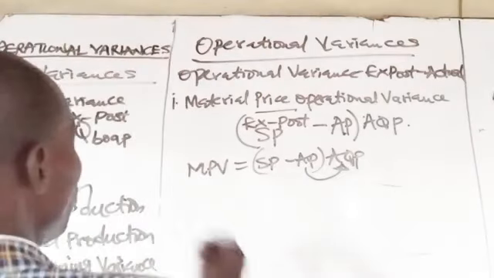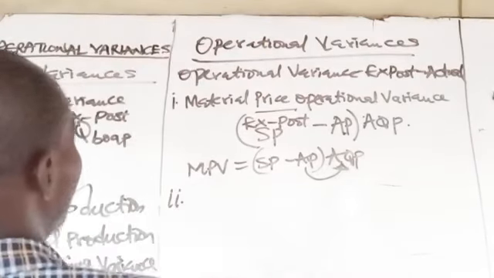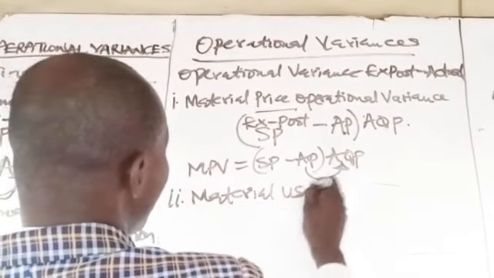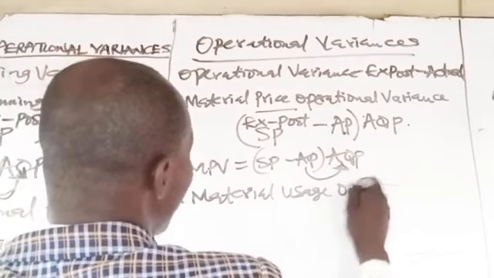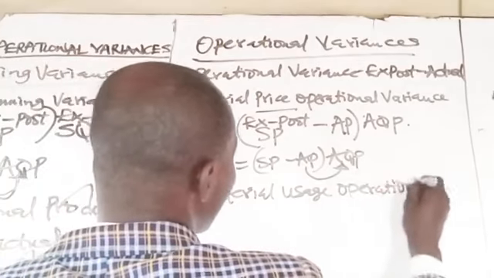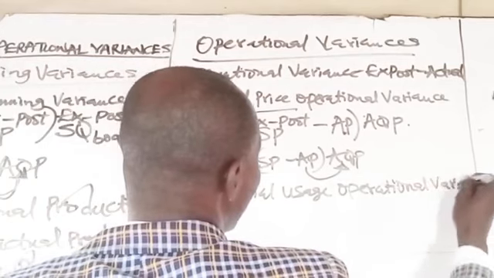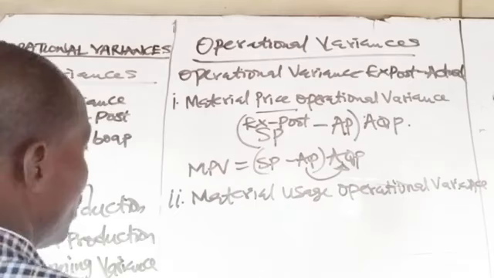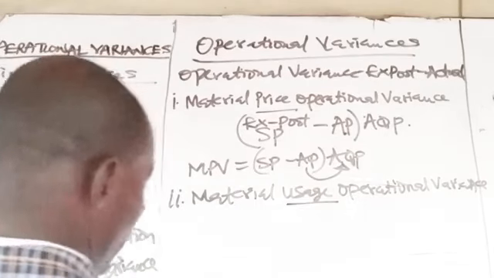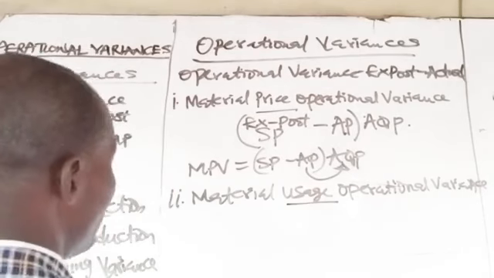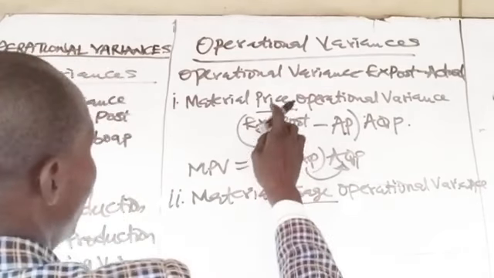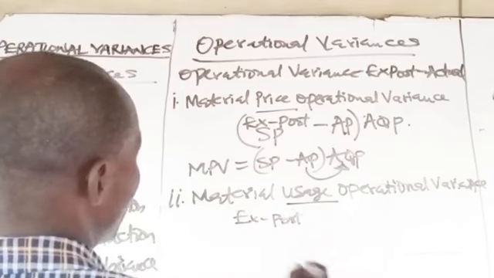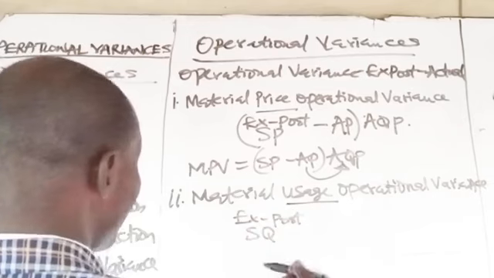Number 2, material usage operational variance. Your usage is talking about quantity. Your operational variance is ex post minus actual. So you have ex post standard quantity, since ex ante and ex post are standard, so standard quantity based on actual production